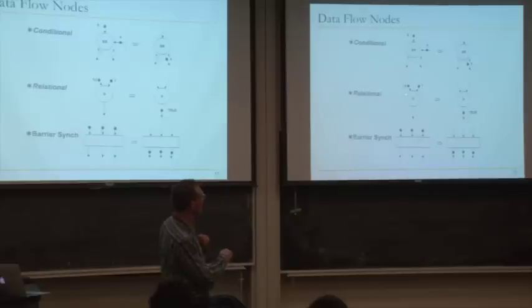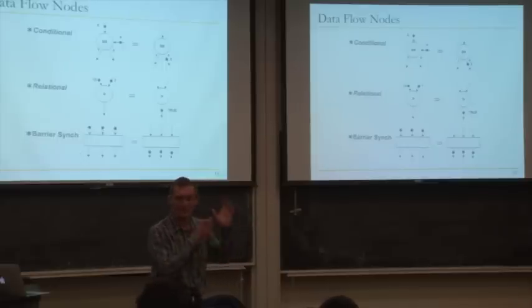Basically, this node fires again when both of its inputs are ready. When one of its inputs is ready, it doesn't fire. It just waits for the second input to arrive, right? And the second input may arrive at a different time, depending on what happens in this part of the Dataflow subgraph that leads to the left arc. There may be a lot of dependencies over there, or there may be long latency operations there. So this node fires when both of its inputs are ready.